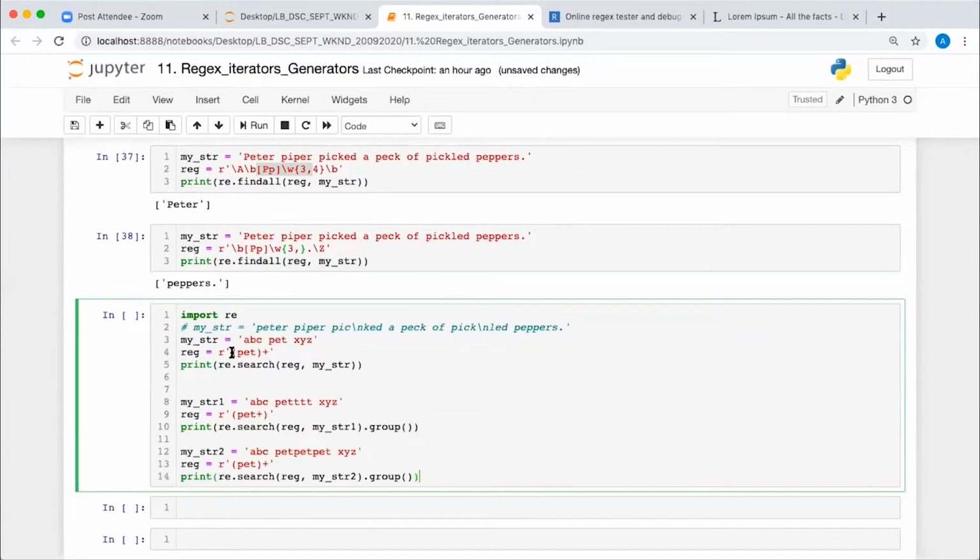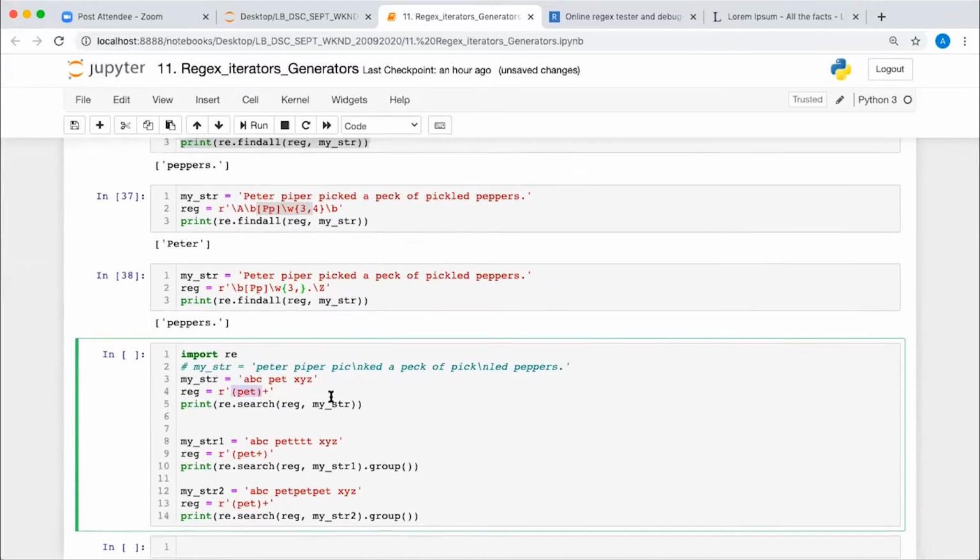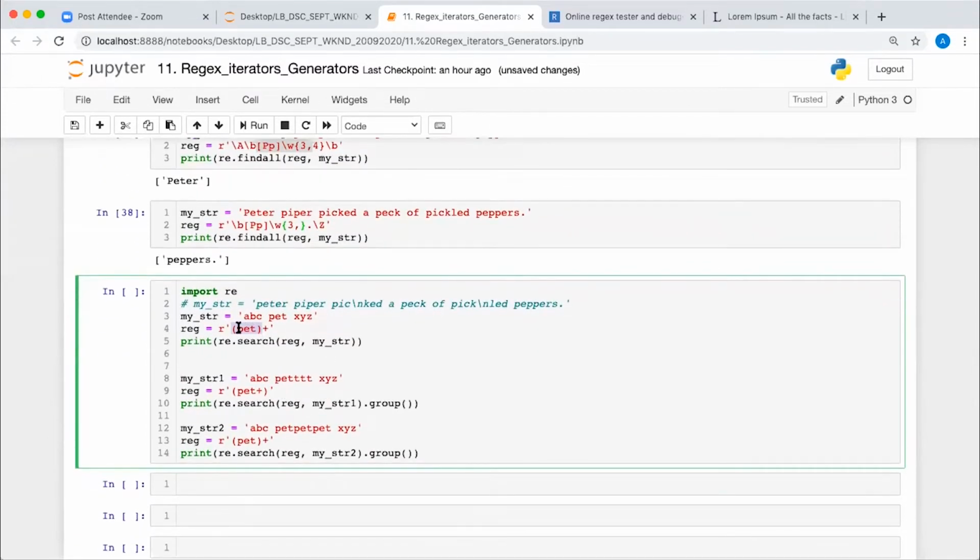Okay, so we are looking for this whole group together. If you are writing anything inside this square bracket, it is optional, right? Either capital P or small p. But when you write something inside the small bracket, you will be looking for all these things together. If it is matching, then fine. If it is not matching, then it will not give you the result. Now, the difference between writing plus outside this bracket and writing it inside the bracket is completely different. If you are writing pet plus, what does it mean?